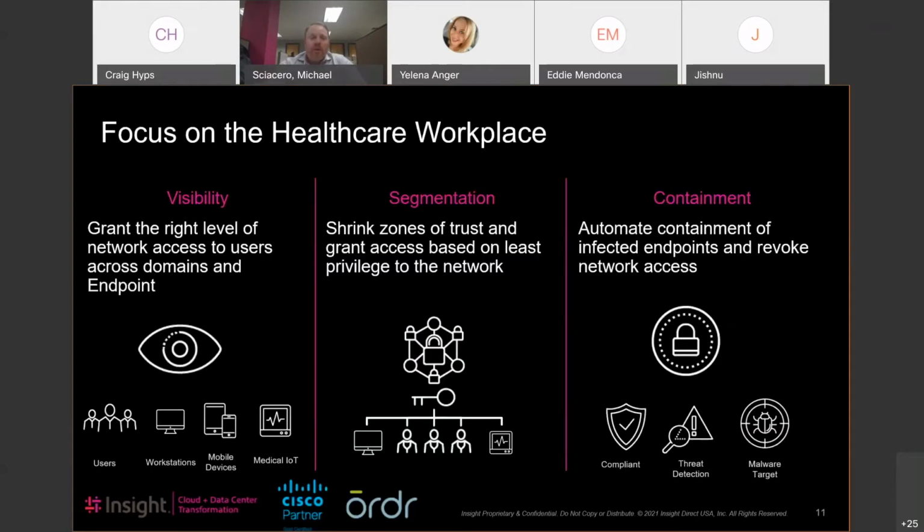Well, it goes back to the zero trust model. The foundations of the zero trust model are visibility, segmentation, and containment. With visibility, we grant access based on the user or endpoint role. Because we know the visibility, we should be able to give that access because of the identity or role of that device. And so we can segment that device, restricting that device's access and containing it from other devices connected to the network, which limits that device's risk